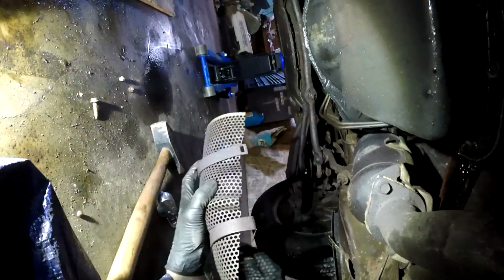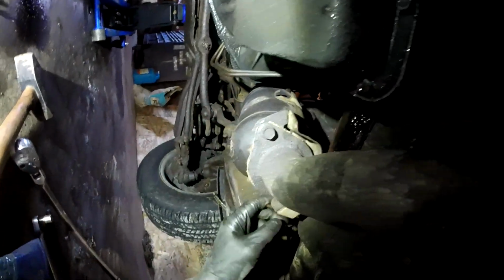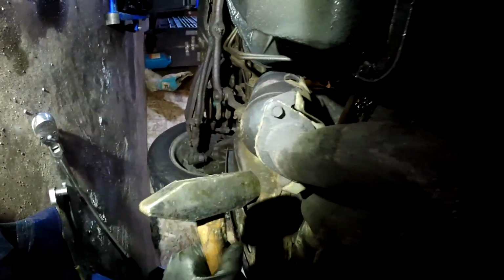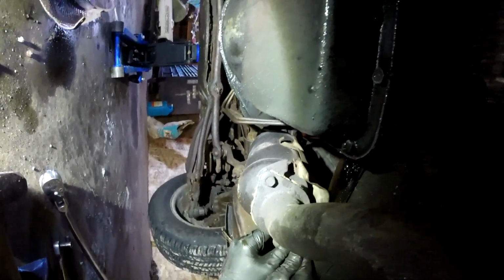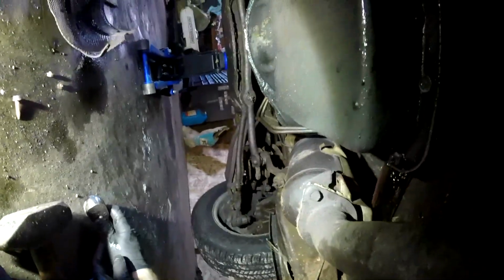There we go. These have a little swing on them. They're a little strap, they swing out, and then they just come right down. So this heat shield, this bolt that's left is kind of attached to it. Maybe I can, there we go. Get that kind of back up out of the way. And then I'm gonna do the same thing I did to the other side and just break them off